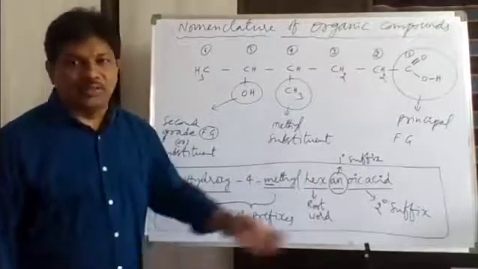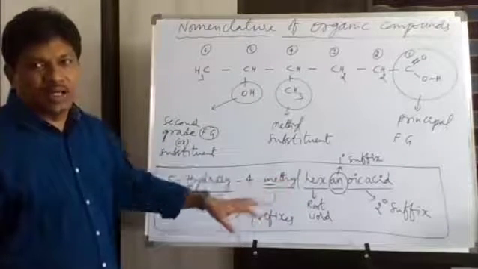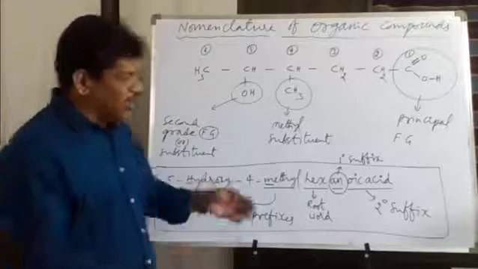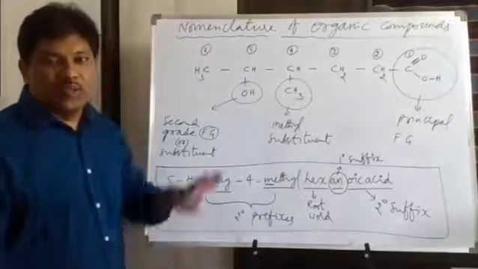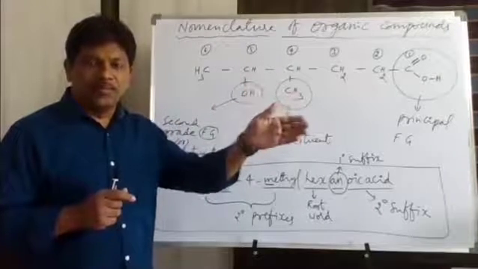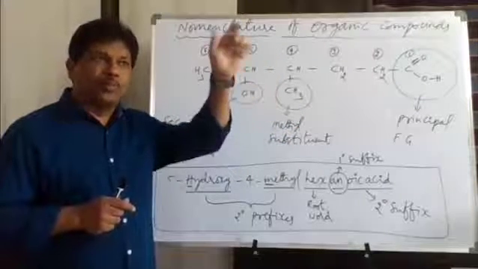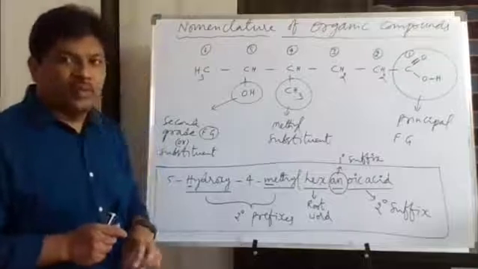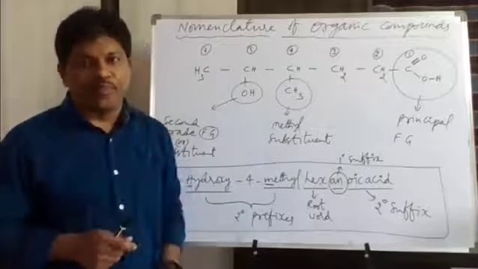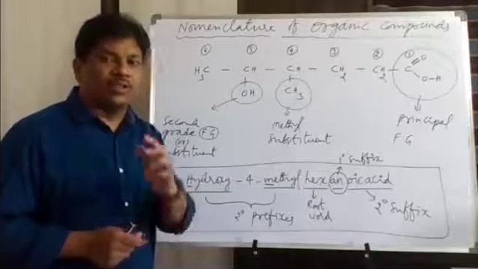This total IUPAC name is a single word. It's not a group of words. But it contains different parts that we have to understand, to make the name of our IUPAC system easy to understand. From this example, what we have to understand is that when 2 or more functional groups are present, one functional group which is senior, the one with more priority, will act as what? The principal functional group. The remaining functional groups will act as what? Substituents. Second grade functional groups we say, or substituents we say.